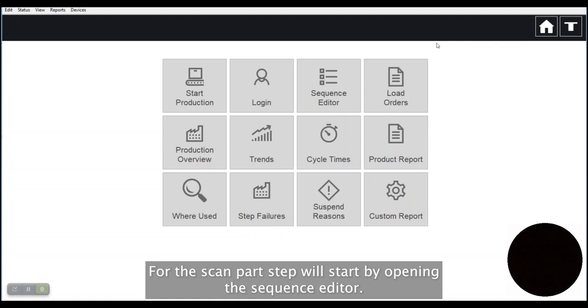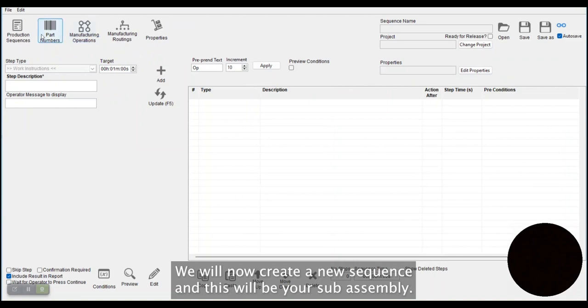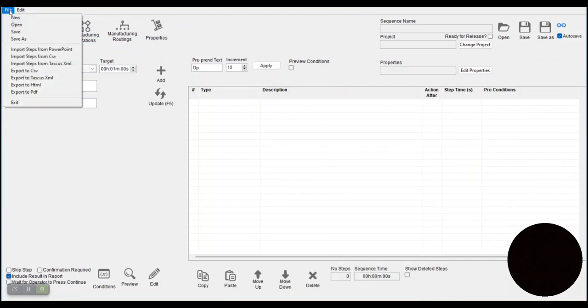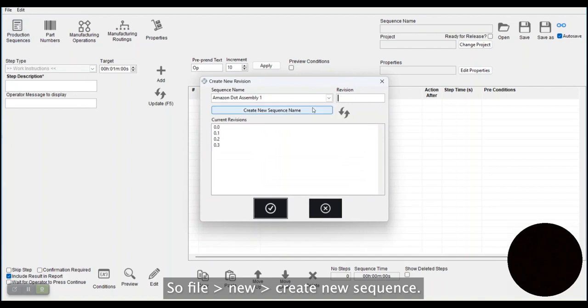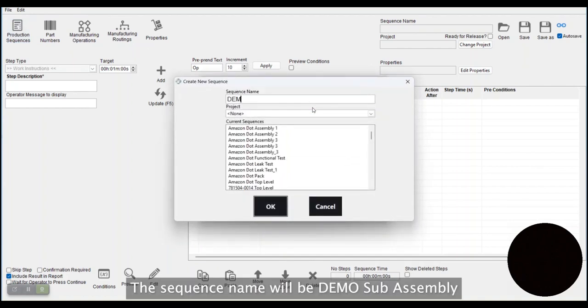For the scan part step, we'll start by opening the sequence editor. We will now create a new sequence, and this will be your sub-assembly. So File, New, Create New Sequence. The sequence name will be Demo